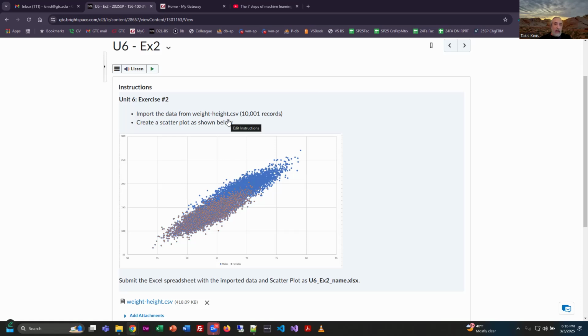We're going to import that data. It's 10,001 records, by the way. And then we're going to create a scatter plot that hopefully looks like this one, right? And the challenge is creating that scatter plot and not something else. So let's go ahead and